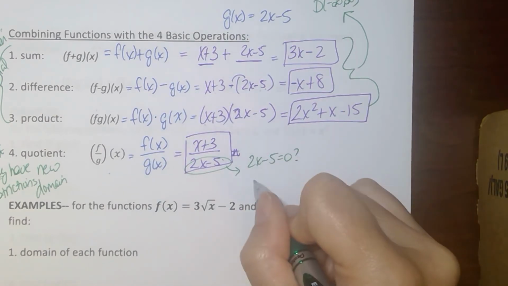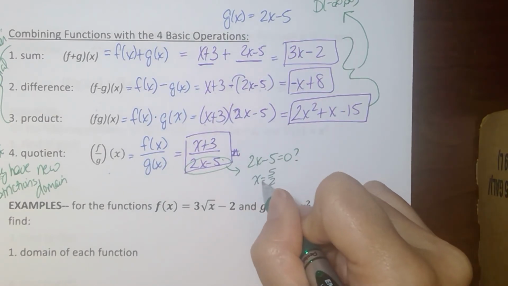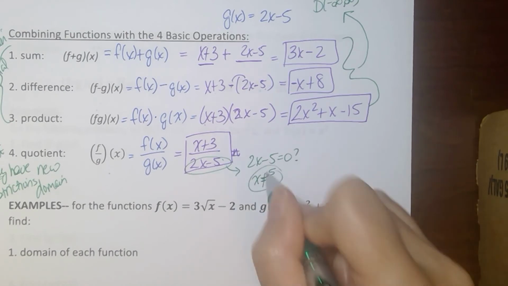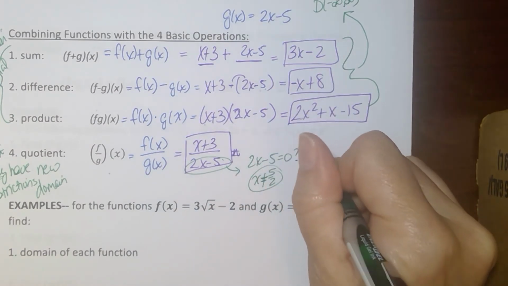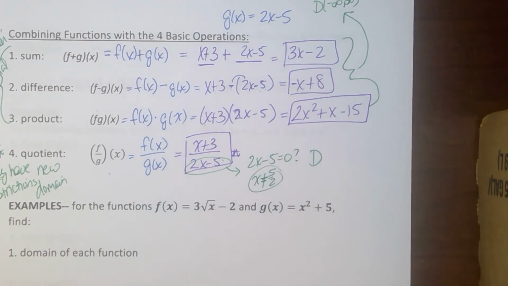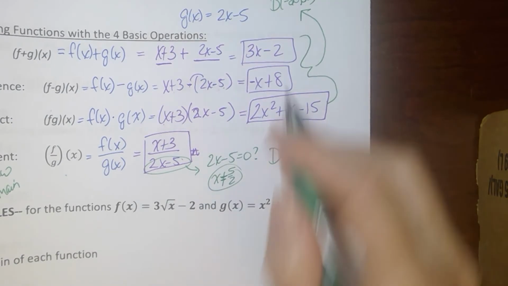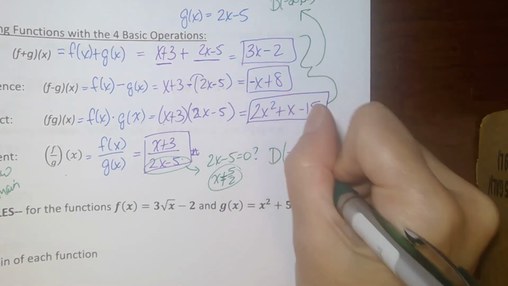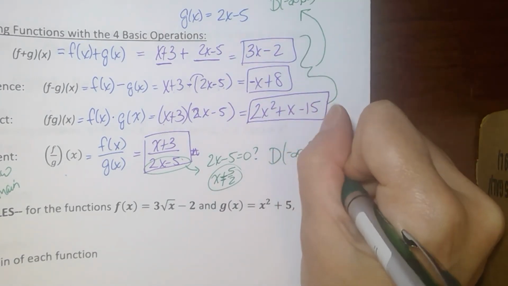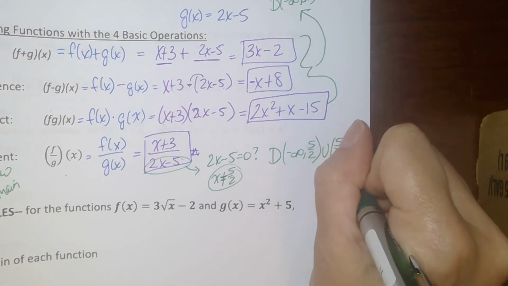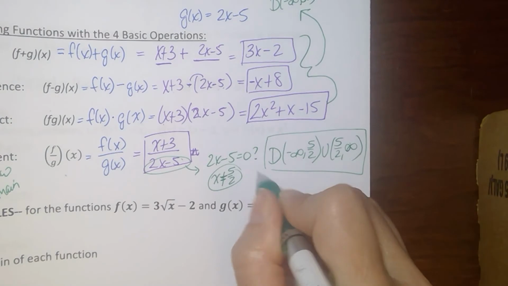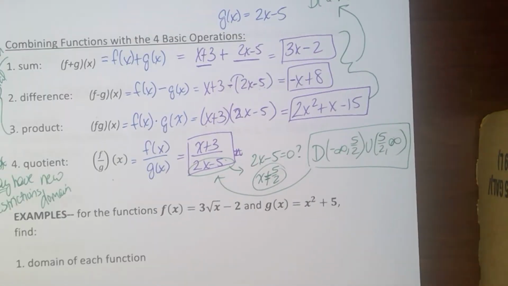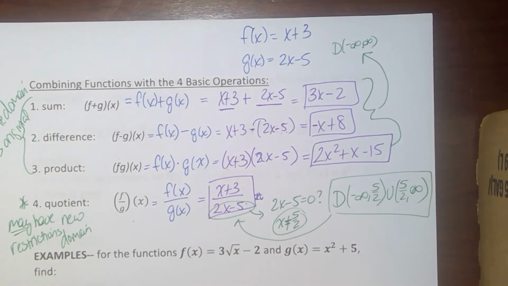If I solve, I get x equals a positive 5/2. That is the value that has to be excluded from the domain because it would cause a 0 in my denominator, and division by 0 is undefined. So if I'm using interval notation, I have two intervals from negative infinity to 5/2 or 5/2 to positive infinity. That leaves out that value that would cause our function to be undefined. Okay,